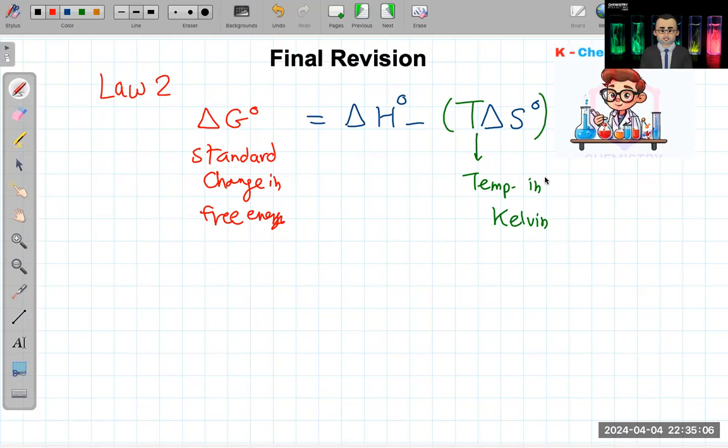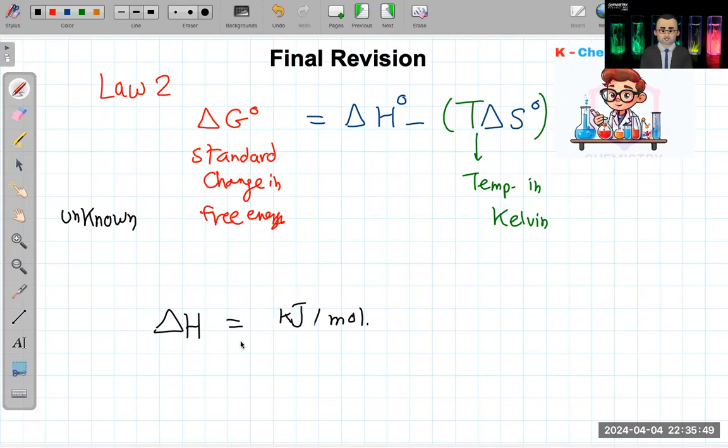Okay, the most important thing which makes students make mistakes in this is the units. Usually it is very easy to substitute because delta G is given, delta H is given, delta S is given, and it asks for T or whatever is unknown, so you can find it directly. But usually the mistakes come from the units. The delta H, we know the unit for it is kilojoule per mole, or joule per mole. So kilojoule per mole, this is small and this is capital.